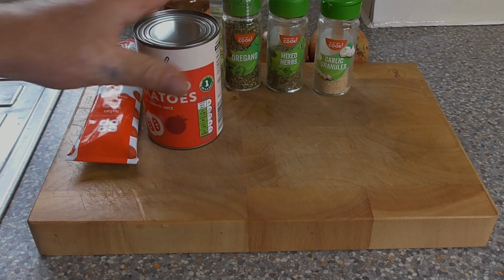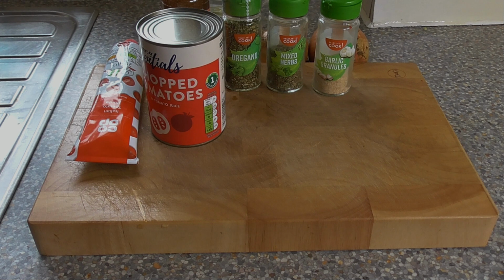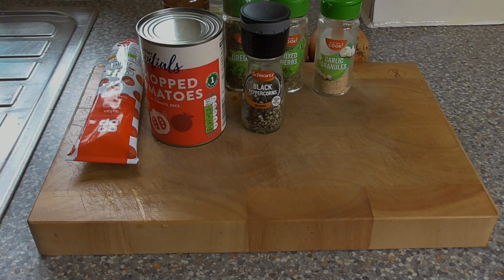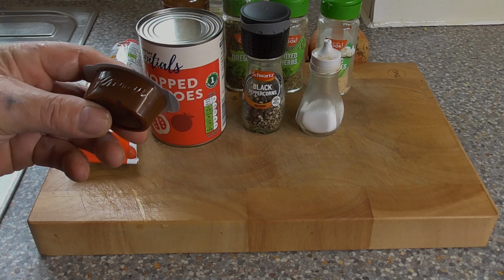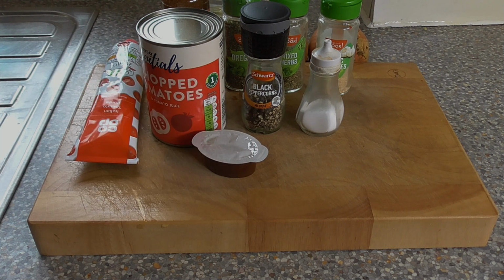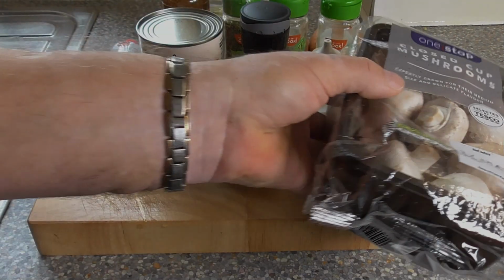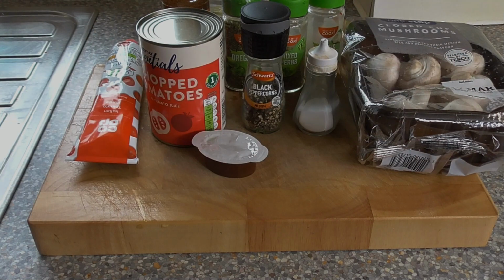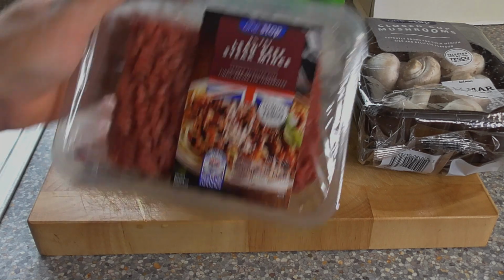I'm going to be using a tin of chopped tomatoes, which I'm going to run through the blender to get rid of all the chunky tomato. Some black pepper, some salt. I've got a no stock pot, which I'm going to be using to make 300 millilitres of beef stock. I've got some mushrooms, which I'm going to chop really finely, so I'll show you how to do them. I've got some of my favourite really lean steak mince from our local one stop,